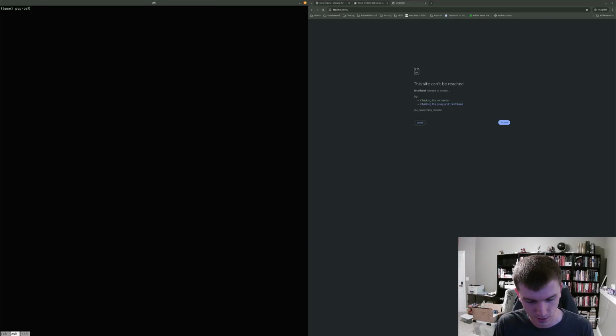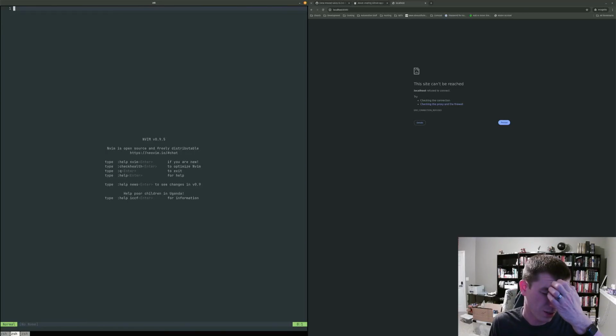We need to make sure that your environment variables are configured correctly. Make sure that you have your packages installed. I'm trying to remember. I think the newest Macs maybe come with Node.js on them. I'm not positive. We'll have to look and see. Make sure you have Node.js and npm. And we'll have to make sure that you get your packages installed, and then you should be able to just run it. But we'll see.